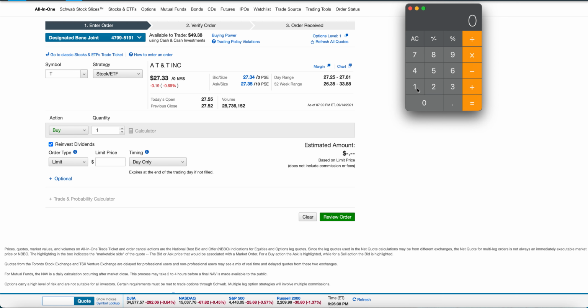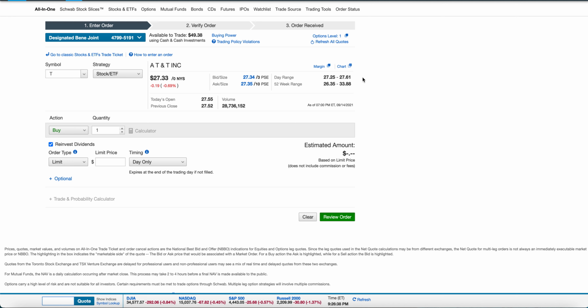Let's see. Wait, no, hold on. If somebody has $1 million of AT&T stock, roughly 36,000 shares, that would give them $19,000 a quarter, because they pay out dividends every quarter, that they could earn in basically